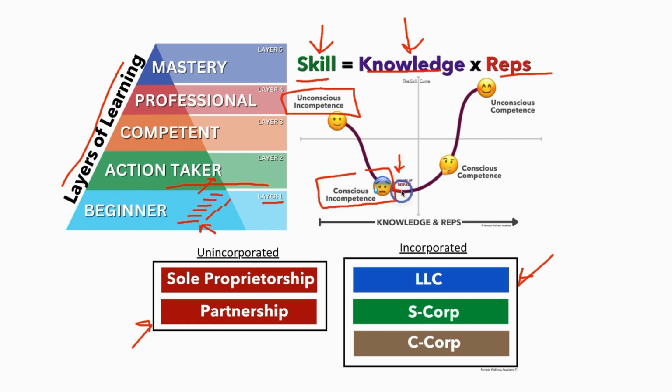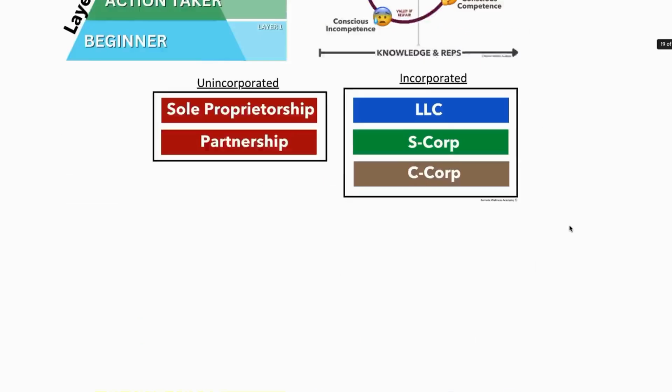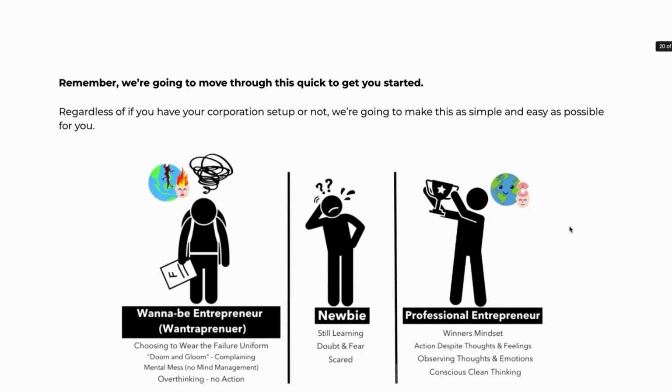But then if you stick with it, the more knowledge you get, the more reps you get with that knowledge, you become consciously competent, right? You actually can become competent if you really try. And then you attain levels of mastery in which you're unconsciously competent. You don't even have to try, and you already know all of this, okay? So these are the layers of learning that we are going to be walking you through step by step through the upcoming training sections. Just remember, I'm going to say this one more time because it's very important,